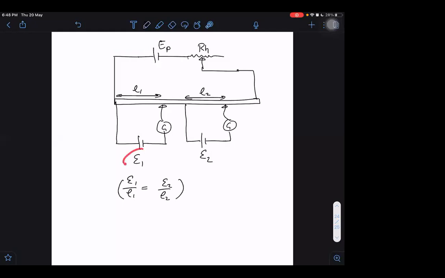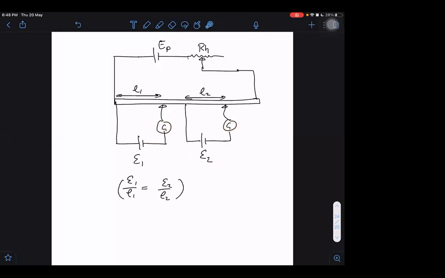But although this is a stupid design, why is it a stupid design? Because galvanometers are expensive. Let us say you want to conduct this experiment. Do you think that you will take a separate galvanometer, or you will do one thing here? You will take some switch arrangements so that you can connect the same galvanometer to this side, and you can connect the same galvanometer to the other side.